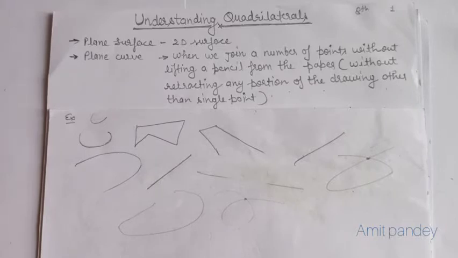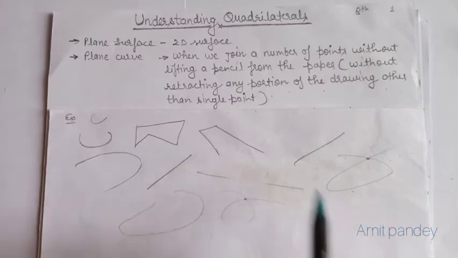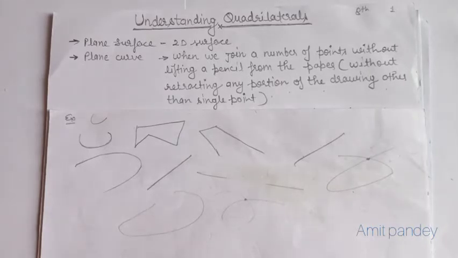So let's understand plane surface. A plane surface means, directly, a 2D surface. A 2D surface is like an A4 sheet on which we write. The front page of your class 8 mathematics book is also a 2D surface. We have various examples in our daily life, like a tabletop, a bed top, a wall, or the surface where we paint. These are all 2D surfaces.